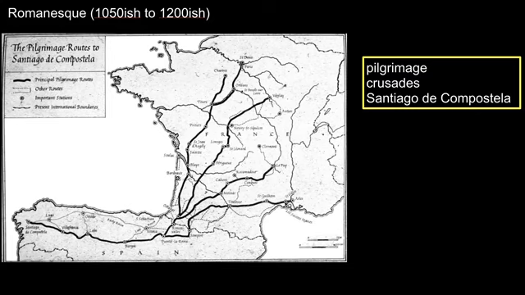Pilgrimage was not a new concept, but it is popularized in large part during this period. A pilgrimage is a journey to a holy place. In this period there were military pilgrimages, the Crusades, when the Church, with support from kings, tried to reclaim the Holy Land from the Muslims, leading armed expeditions of armies to battle for control of the places where people believed Christ had walked, died, and been buried. And there is no more sacred site in Christianity at this time than the places directly associated with Christ.